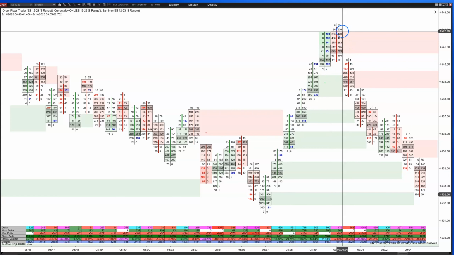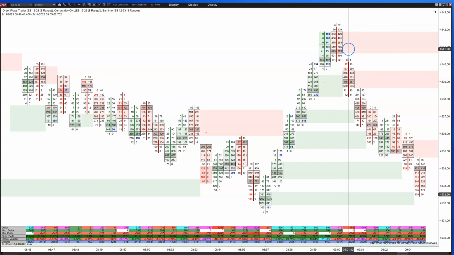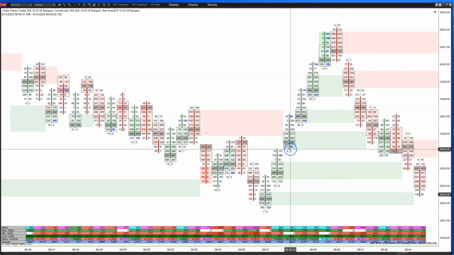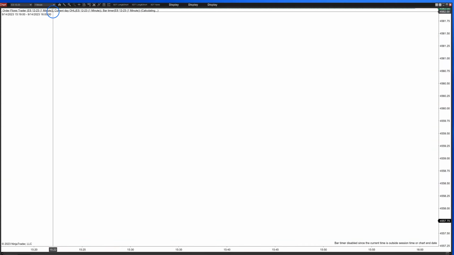And then I get up here to a swing high, and it starts to reverse. It's not trading back into the next bar's value. To me, that is a sign of a market that has some momentum that is moving. Now, this is an 8-range chart. If I was looking at, call it a 1-minute chart, I'll just make that change really quick here